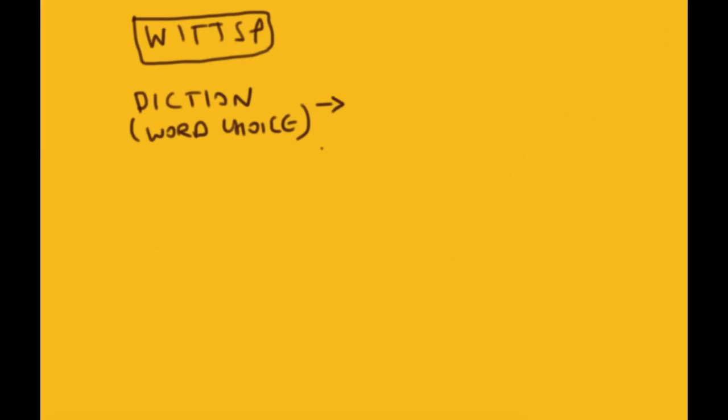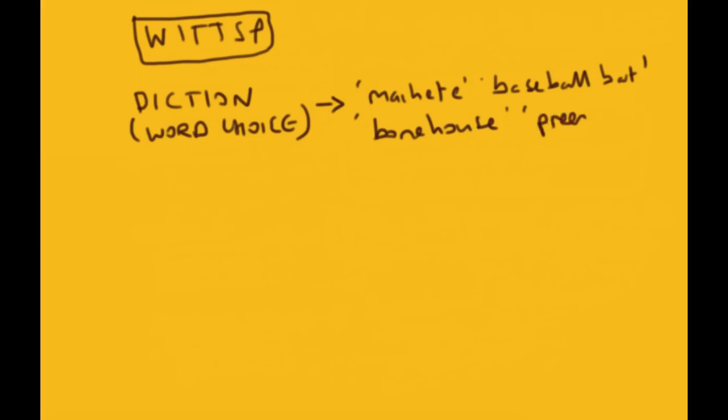make the panic bird so vivid. And I would highlight then some of the words, for example, machete, baseball bat. We highlight here that these are all specific word choices. Bone house, preens and roosts. And the effect of